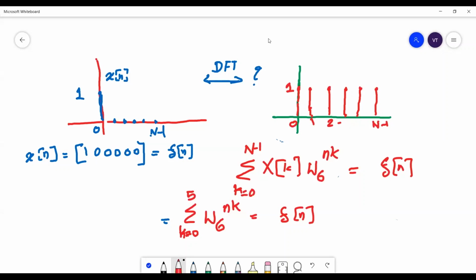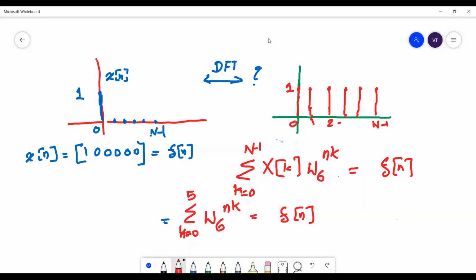Can anyone explain what is being indicated there? I will ask one of you. Lakshmi, you are present, right? Yes, sir. Lakshmi, what is your interpretation? There could be many interpretations. What is the first thing that comes to your mind? Sir, when you find the Fourier transform of an impulse signal, every sample gives the same value, as in this. No, I think it is a peculiarity of the impulse signal that is being highlighted. Yes, it is a peculiarity of the impulse that is being highlighted.